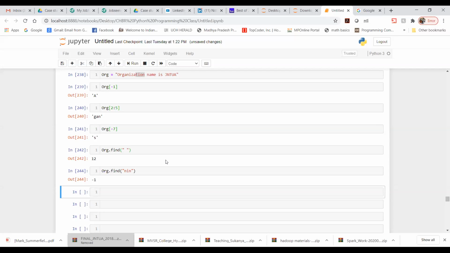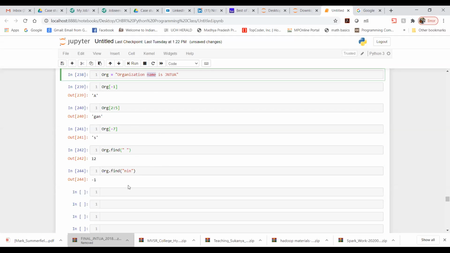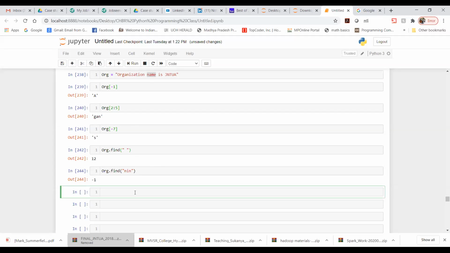Now one more thing I need to cover is find. I guess everything is covered, so we don't have to bother much. Now I wanted to look for something from some position. How am I going to do that? Let's say I need to start from here. I wanted to start looking from there.